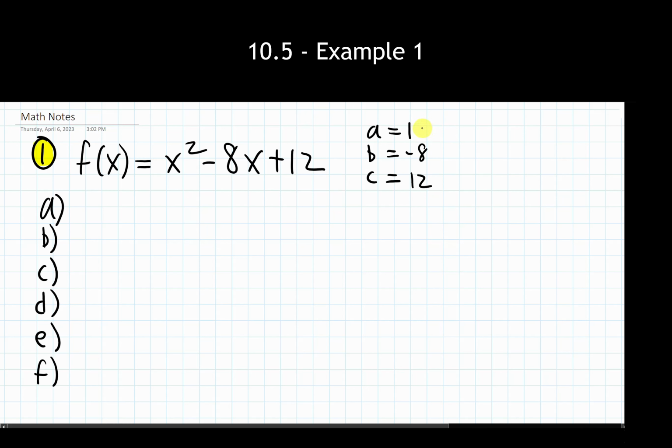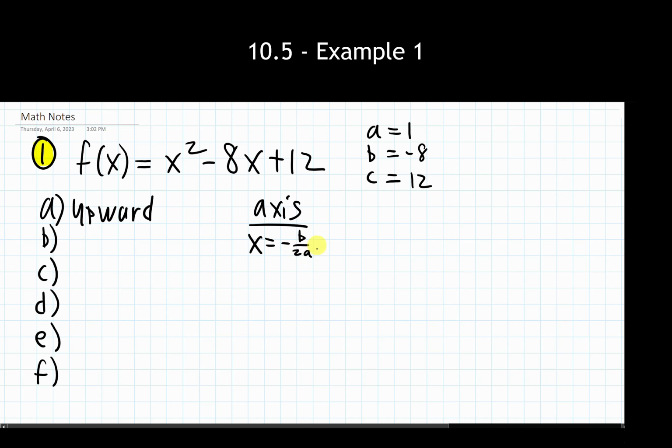Part B is asking for us to find the axis of symmetry. So as I'm going through and doing that, remember our axis of symmetry has the equation x equals negative b over 2a. And again, I have my a and b values already calculated and determined up here from my original equation. Great, I can plug these into this equation here and find my axis of symmetry.